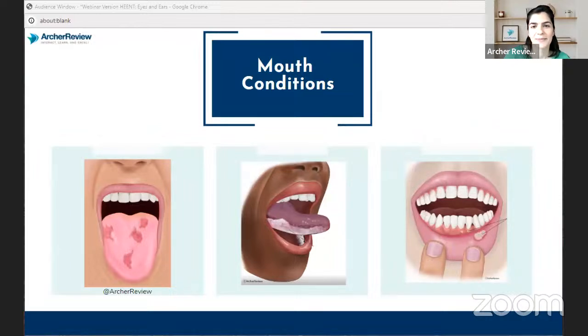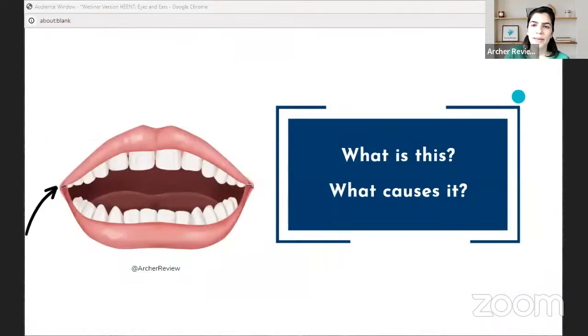Good job. All right. So what do we think this is? A patient comes in, they describe these painful fissures in the corners of their mouth. What do we think that's called? Yeah, this one's a tricky one. So that's called angular